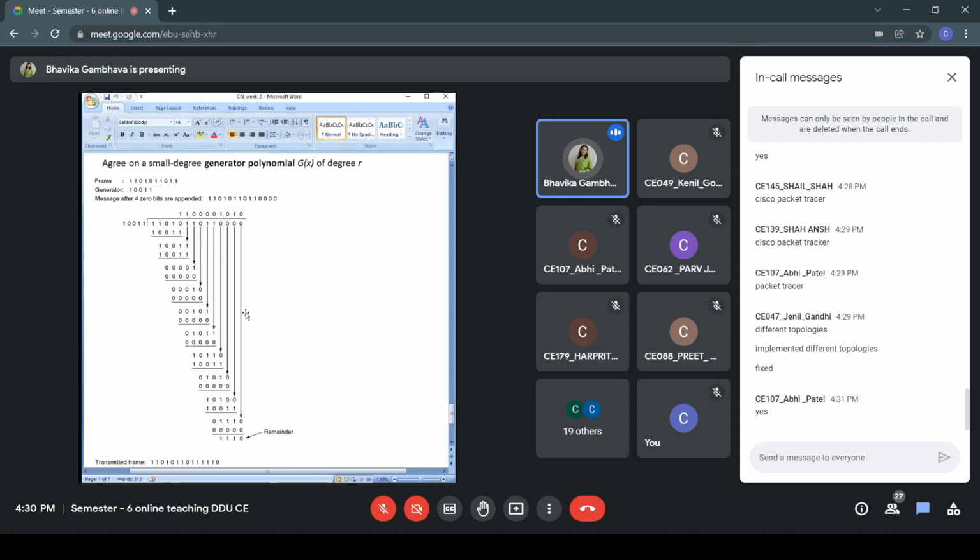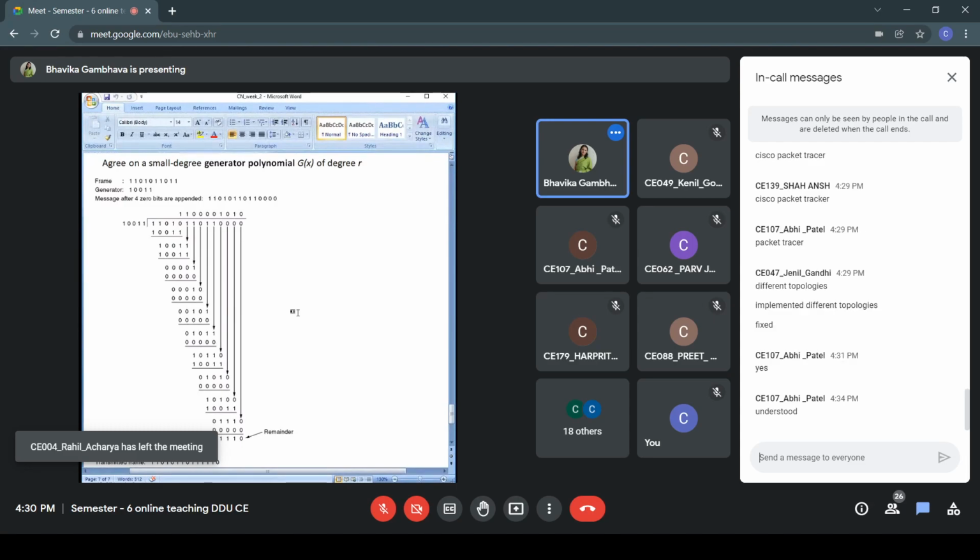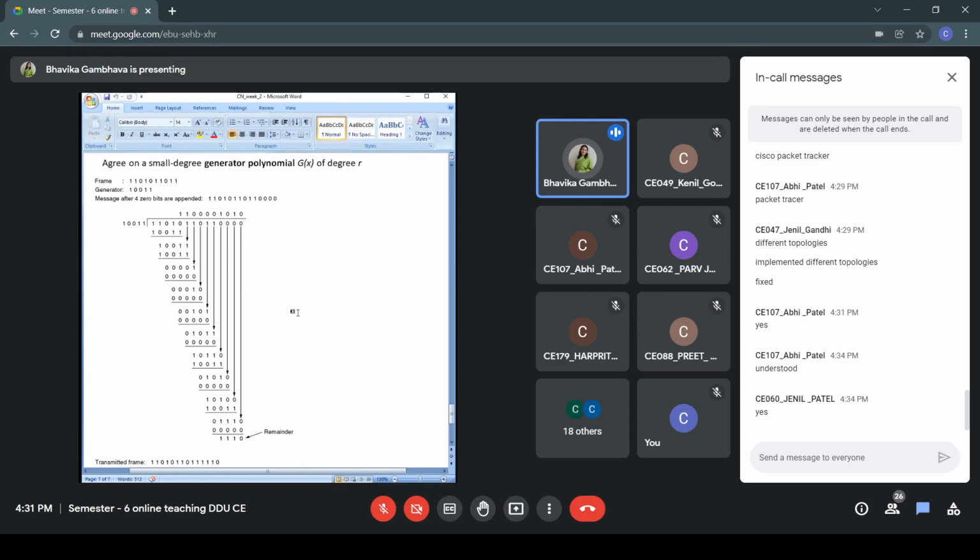How many of you have understood this algorithm? Okay, Abhi has understood that. What about others? Chenil has understood that too.